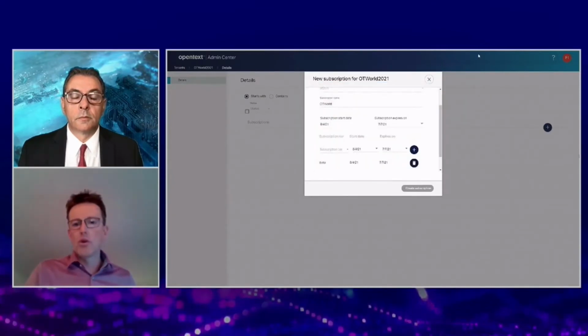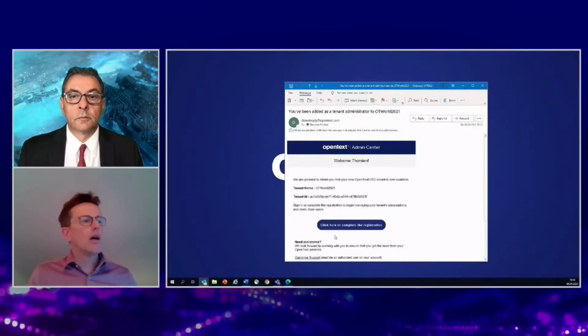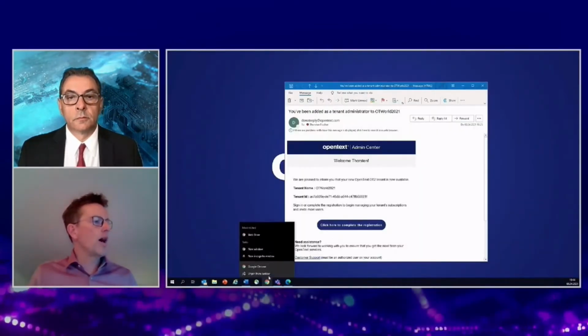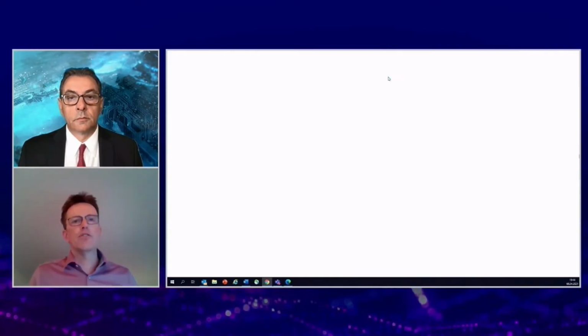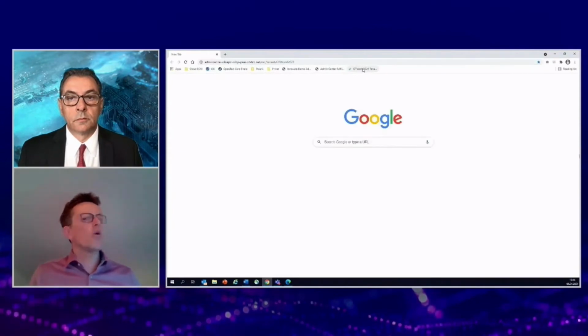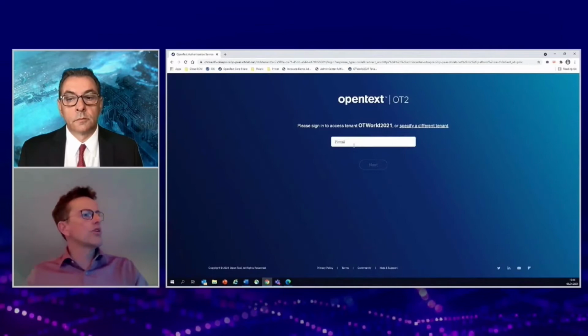But what we could do right now is just close this part and open up the admin center again for this new customer, where we can manage all the new subscriptions for this just created new tenant.